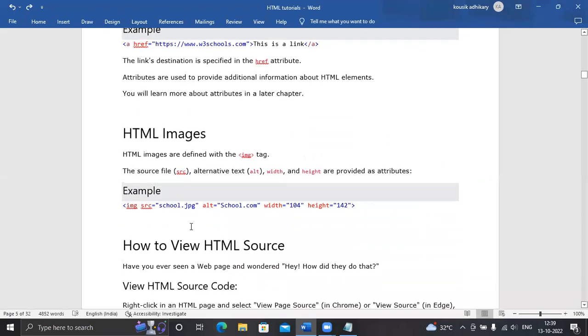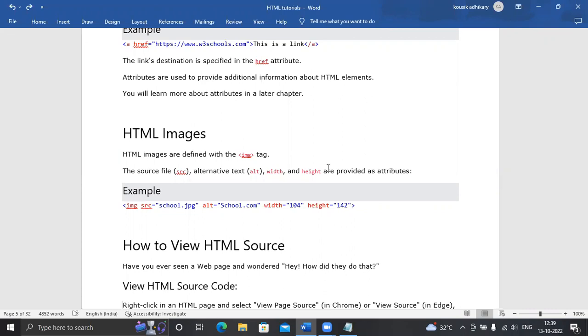That is the link, I have completed that. HTML images are defined with the image tag. Suppose you are creating a website, as per your requirement or your client's requirement, you may need to add some images into your HTML page.